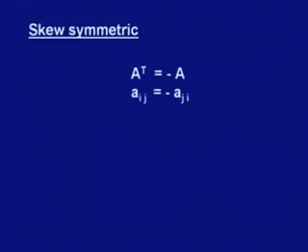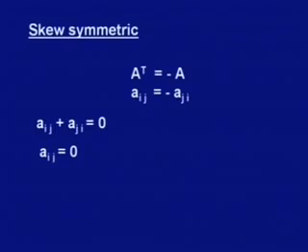In skew symmetric matrices, we define A transpose as minus A. That is, the ijth element of A is the same as the negative of a_ji. If I simplify, then a_ij plus a_ji is 0. So in a skew symmetric matrix, a_ij plus a_ji is 0 and a_ij is equal to minus a_ji. That means the diagonal element a_ii will be 0. Only then is this possible.